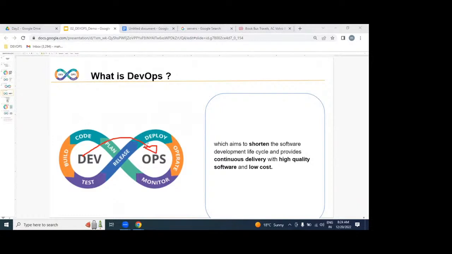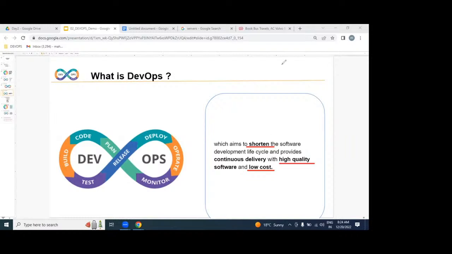While we deliver working software from the dev environment to the production environment, make sure you are delivering within the shortest time, with high quality, with low cost. That is nothing but DevOps. So let me repeat this point. What is DevOps? DevOps is an automated process to shorten the software delivery into the production environment, and we need to provide it with high quality, with low cost. We are going to be placing our applications on hundreds of servers in an automated way, in a transparent way.